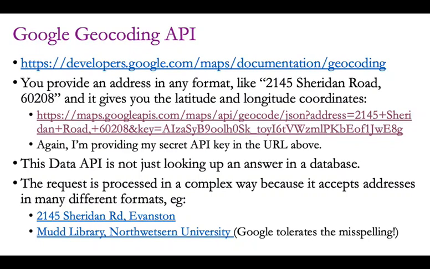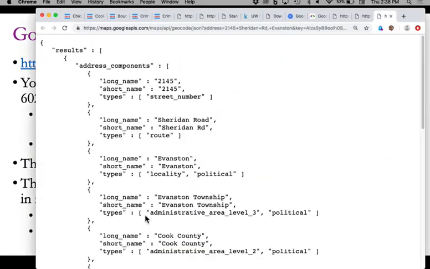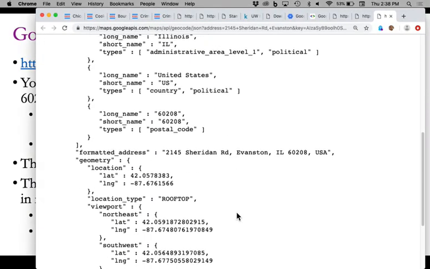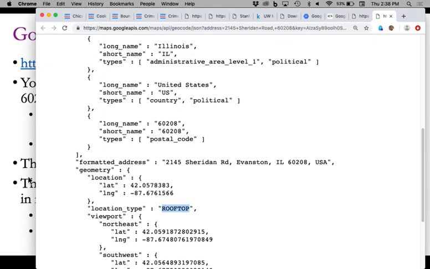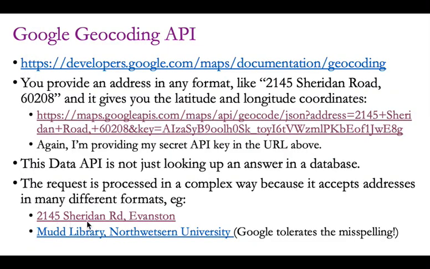Instead, the request is processed by Google in a complex way to figure out which data to send back to me. So for example, I can replace the zip code with the city and get the same result. Right? It can deal with that variation. I can also, instead of giving an address in a city or a zip code, just say Mud Library,